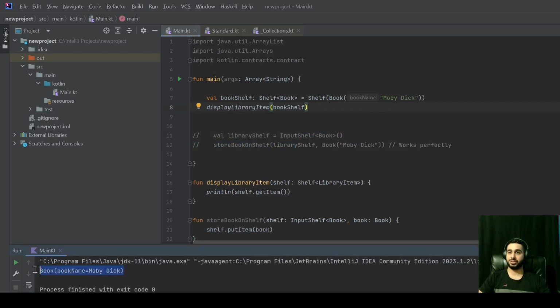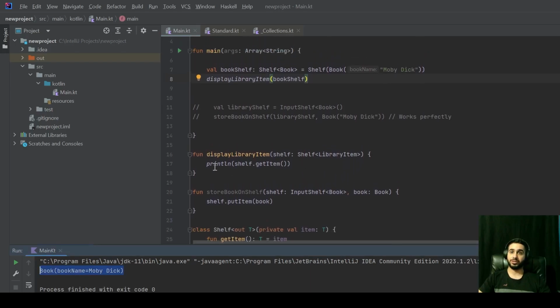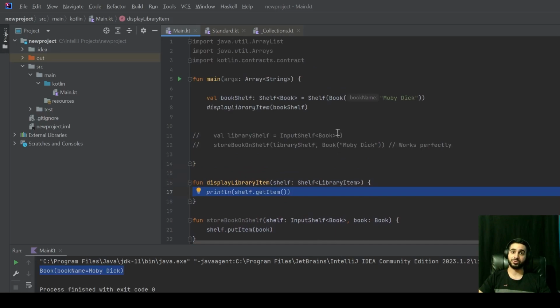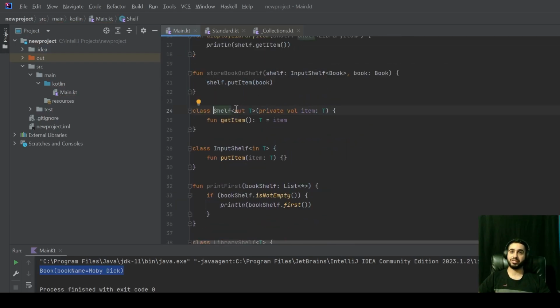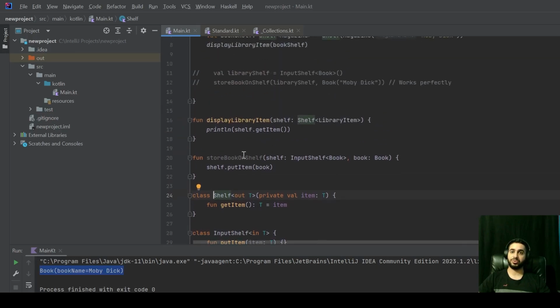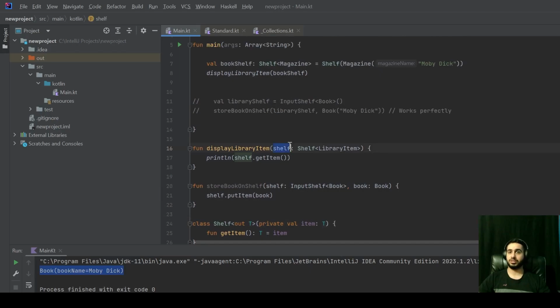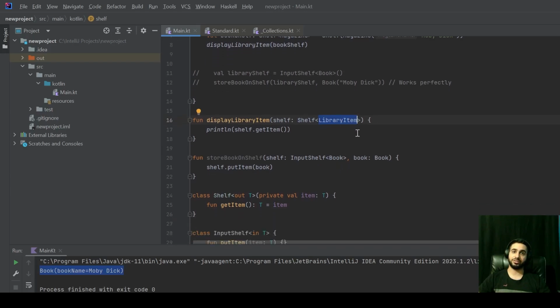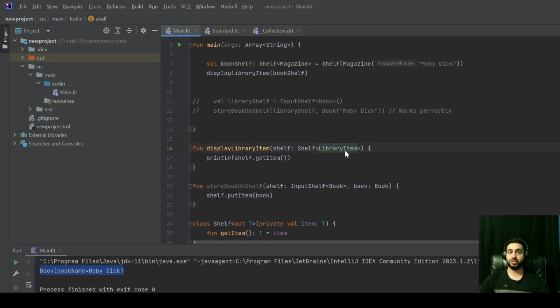So here we have our book. It was printed out. So this code was invoked. What if, instead of my book, I had a magazine, like that, and that was okay, because shelf expected an out covariant generic, and the way we were using it in this function was with a shelf of a library item. Okay, so when you use it like that, you can use a library item or any of its